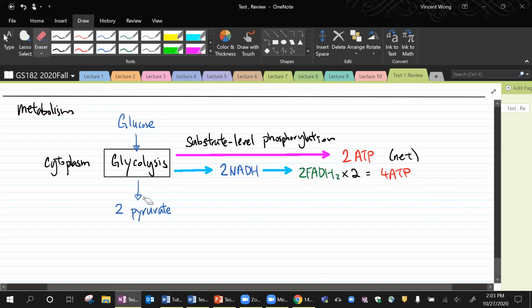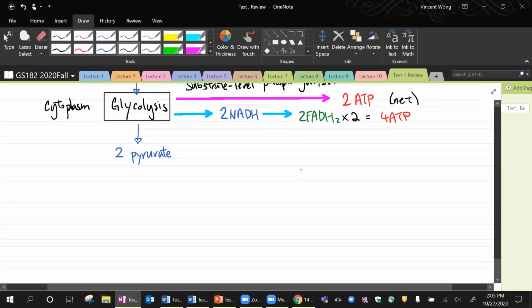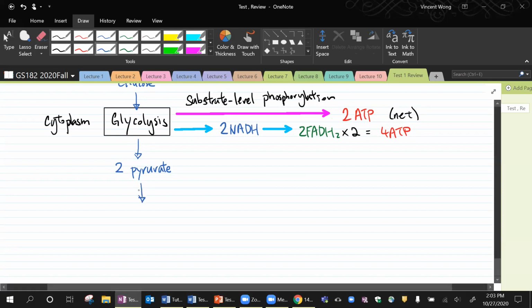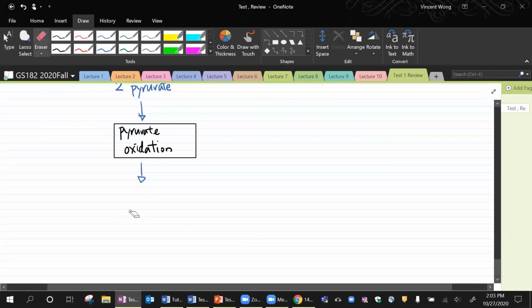And then what's going to happen is these two pyruvate, if we have enough oxygen, and that's an important part to remember, then this is going to proceed to the next step. The next step is pyruvate oxidation. In pyruvate oxidation, you are basically making the molecule unstable, so it's going to react, and out of pyruvate oxidation you are going to get